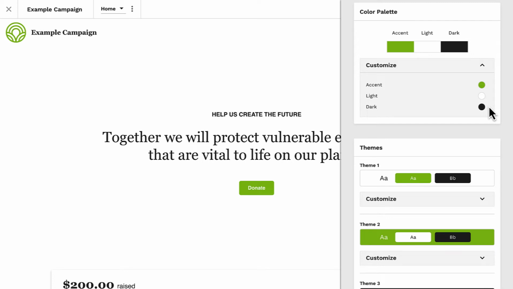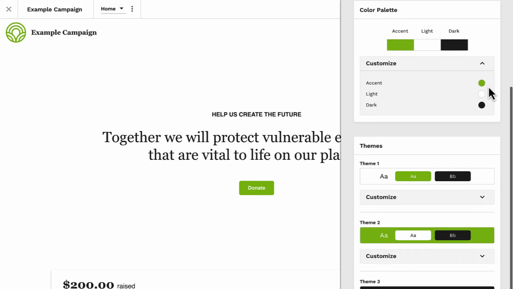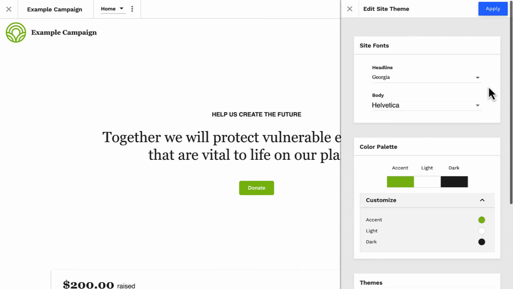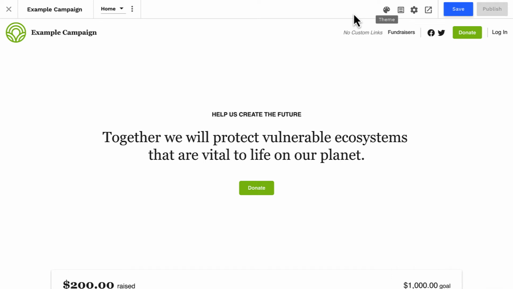If you don't want to get stuck in color theory, we recommend keeping your dark color as pure black, your light color as white, and of course your accent color should match your brand's primary color, which should be a strong, bold color that can pop on a light or dark background. With these 3 colors in place, we can build engaging and dynamic page sections. There's much more we can do with themes, but before we jump down into custom theme variations, let's jump back into the editor to understand how our color palette will be used.